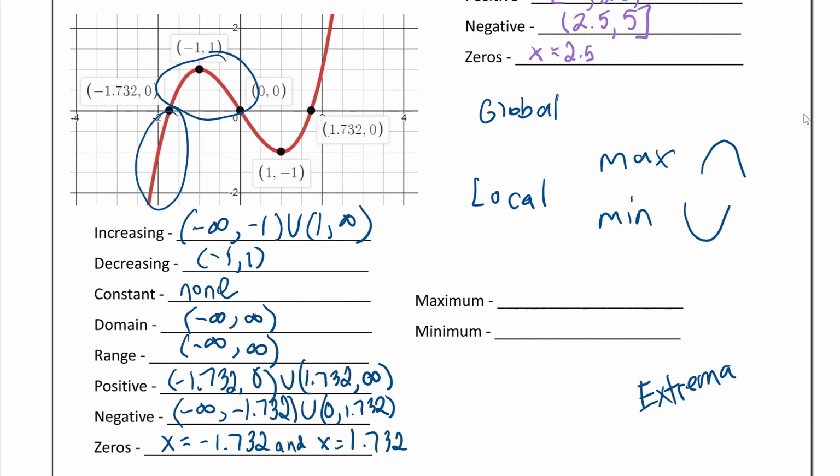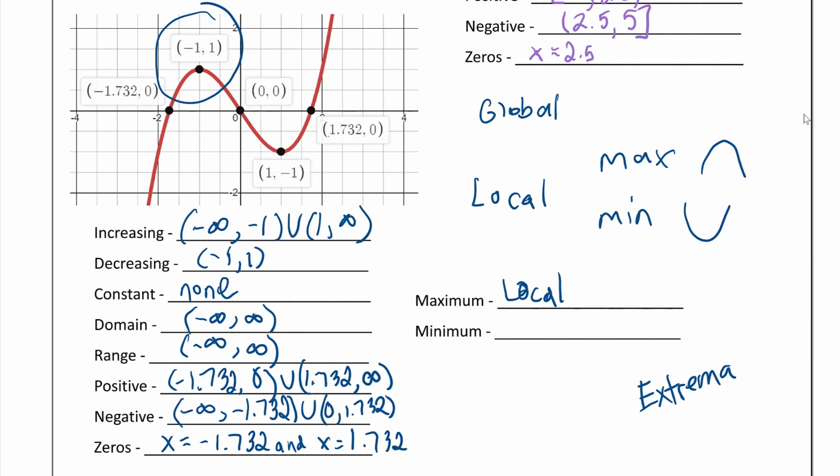So the new thing here is our maximums and minimums, our maxima and minima. So a maximum happens when we go up and come back down. This is a local maximum because this one for y, that is not the highest value that our function ever gets to, because our function continues going up forever. So we have a local